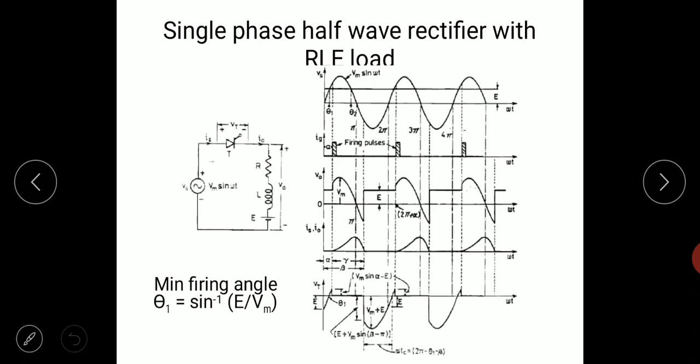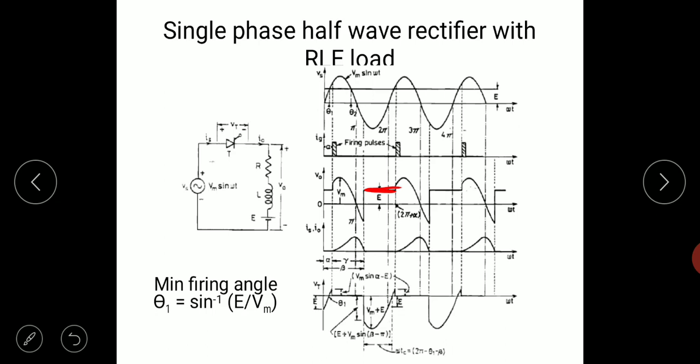But there is back EMF, capital E. So V0 will become equal to capital E. So unlike the case of RL load, where if back EMF was not present, the V0 voltage became zero. In this case,